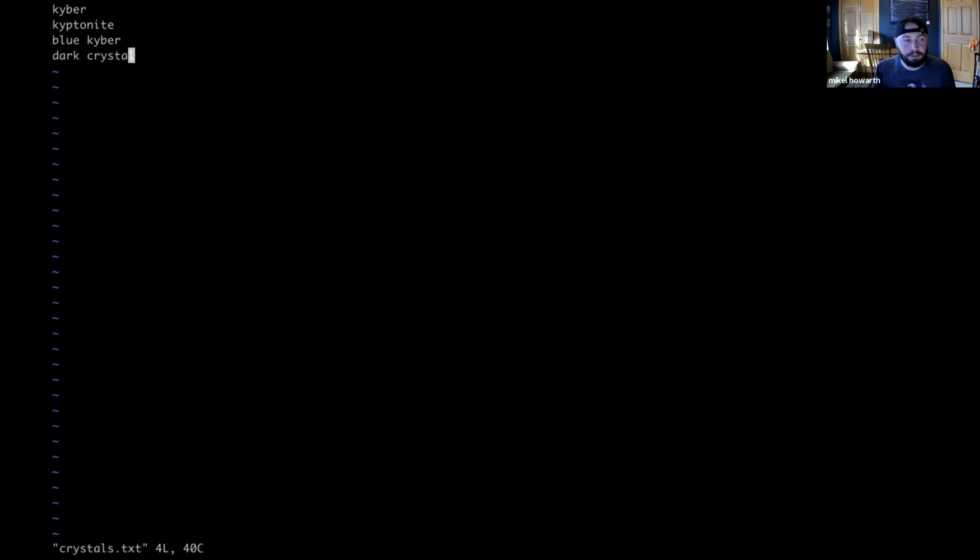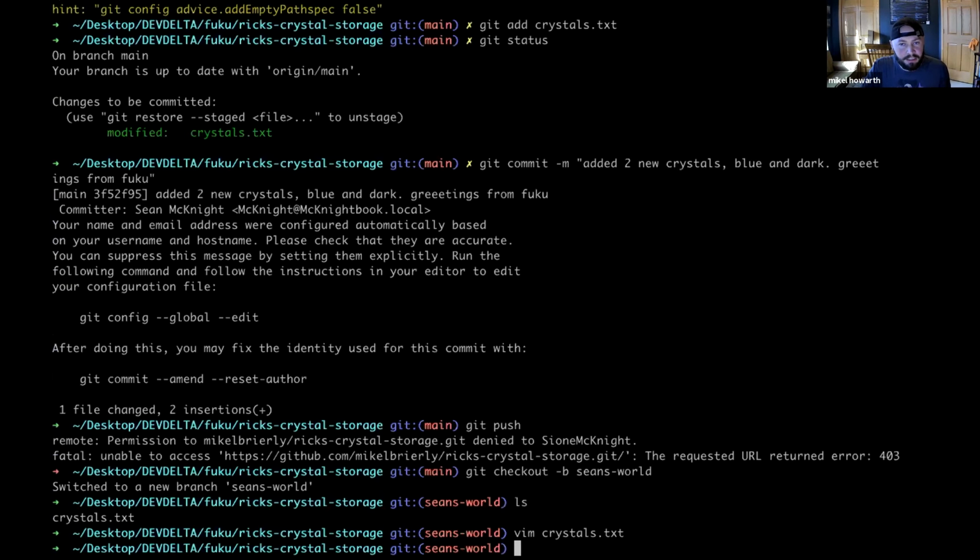So if he pushes up to GitHub now, where is it going to go? Is it going to go into Michael Brierly Rick's Crystal Garage? It is. It is still going to go here, but instead of one reality, one universe, there are now two alternate realities that will exist inside of Rick's Crystal Storage. So when Sean pushes up his changes,